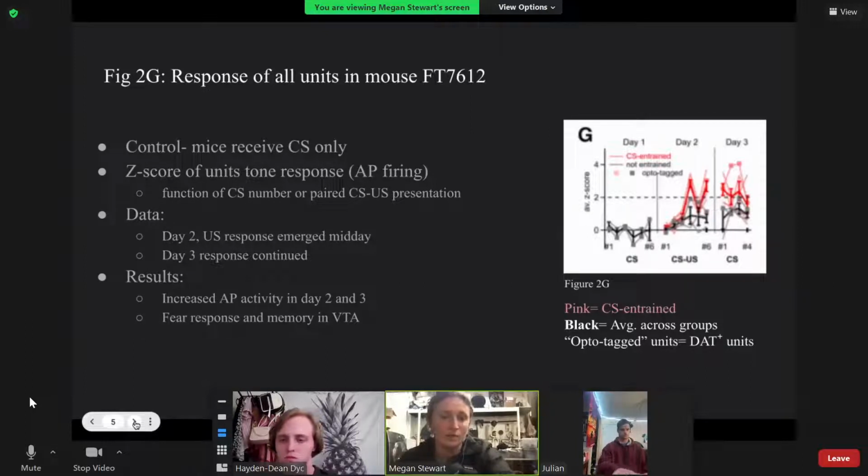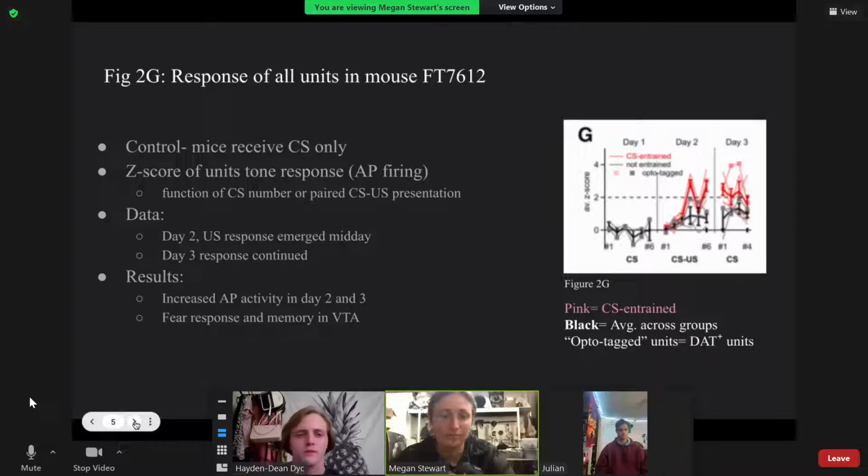So in Figure 2G, it shows the response of all units in one mouse, and its number was FT7612. And the control you can see here in gray. If you look at the graph on the side, the control is shown in gray, and the experimental mouse, mouse FT7612, is shown in red. And so the control mice only received CS throughout all 3 days, and the experimental mouse received foot shock on